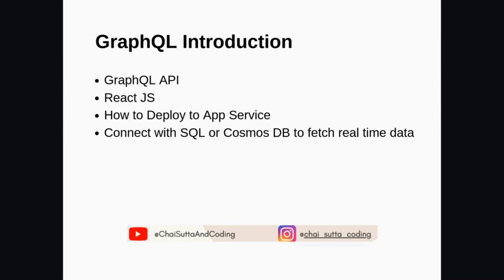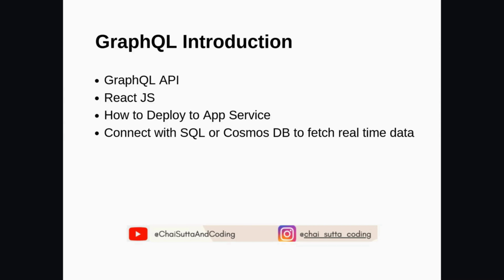Then we will see how we can connect the API with the Cosmos DB or a SQL DB to fetch the data. Okay, and whatever data we fetch, we will show in our React application. So this is kind of an end-to-end demo. Okay, how the API interacts with the UI and how the API interacts with the database, and the API here is